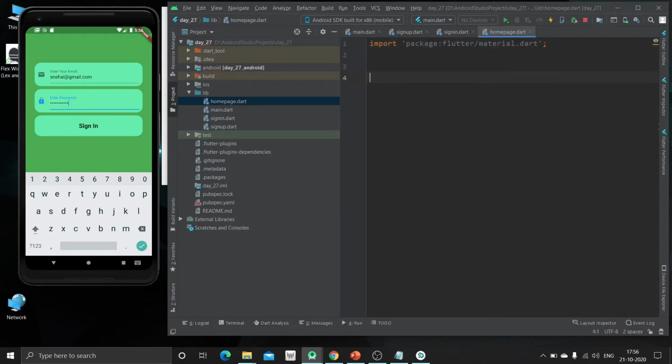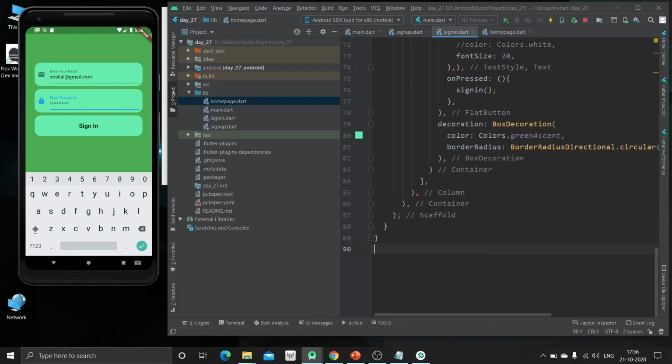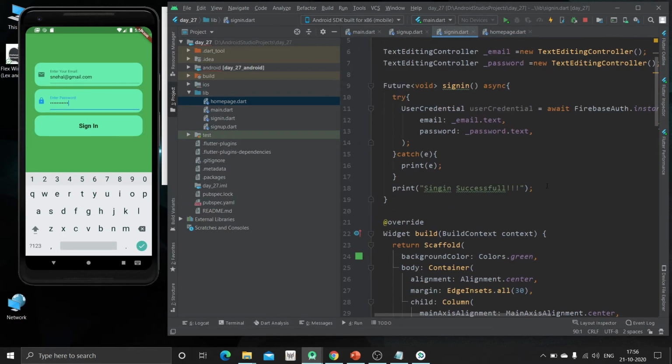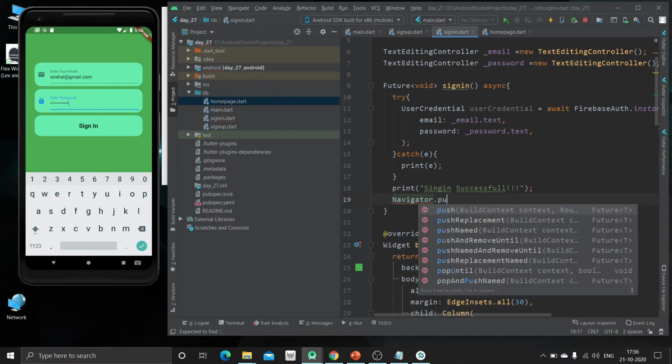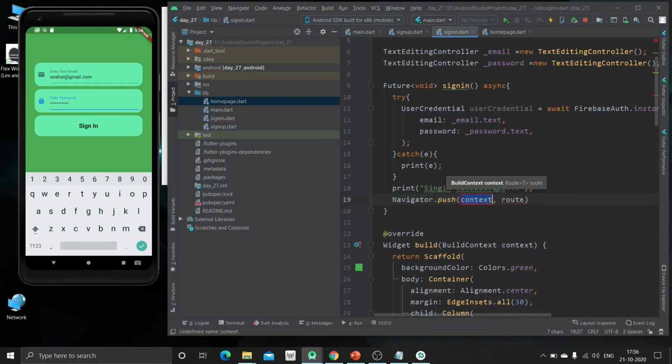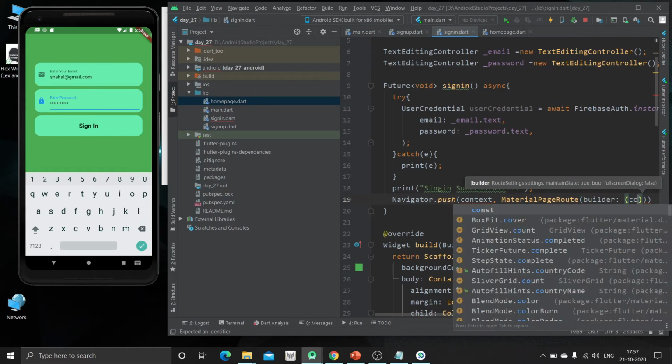We are going to create a stateless widget, that will be main page, and we are going to call here navigator dot push. After successful login of the particular user, it should move to the home page. So here we will use the material page route and provide the context to the second page.